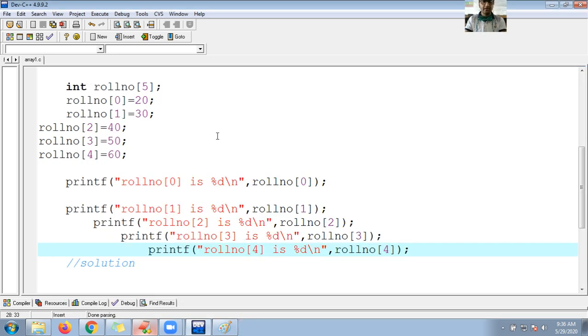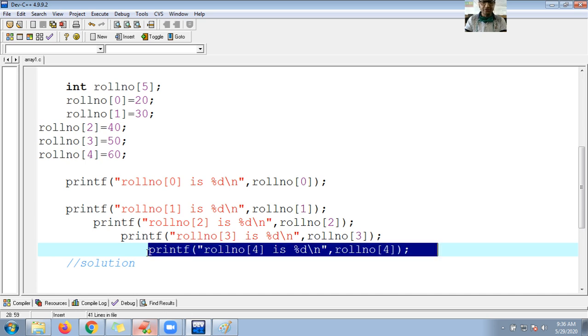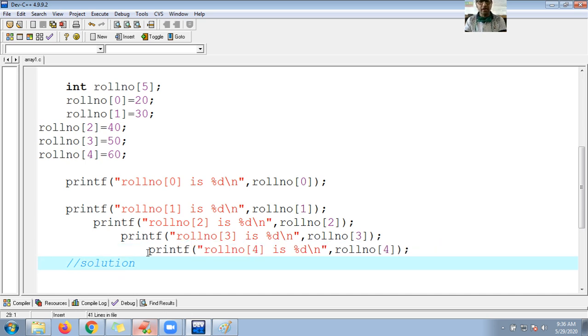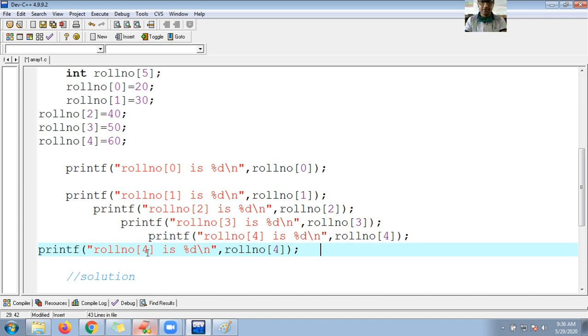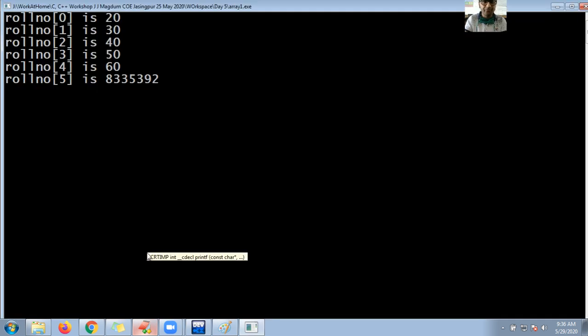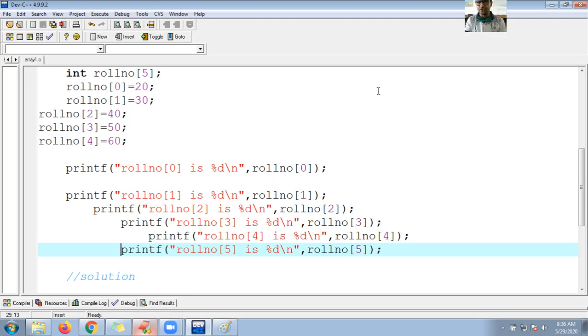Okay, guys, fine. Now I want to print an array element which is not available. So what should I do, guys? So here is array of 5. Does array of 5 exist, guys? Tell me, yes or no? No. So I'm trying to access. Control F9, compiled successfully. But at runtime, let's see. Control F10. Roll number of 5. Does it exist, guys? No. Understood? Okay. Fine. So this is the case.